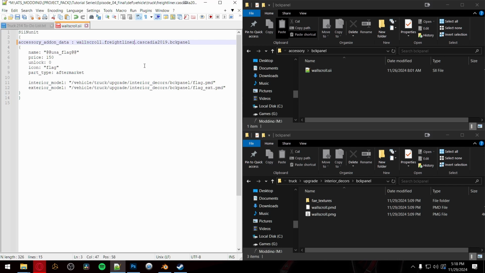Now, Freightliner is exactly 12 characters. SES got lucky on Freightliner. All right, Cascadia 2019 is under 12 characters. Back panel is under 12 characters. Any part of the title, the identifier, which is line 3 of your SII files, has to be 12 characters or less. This is why we do things the way we do with naming. Wall scroll is 9 characters. All right, so we got wall